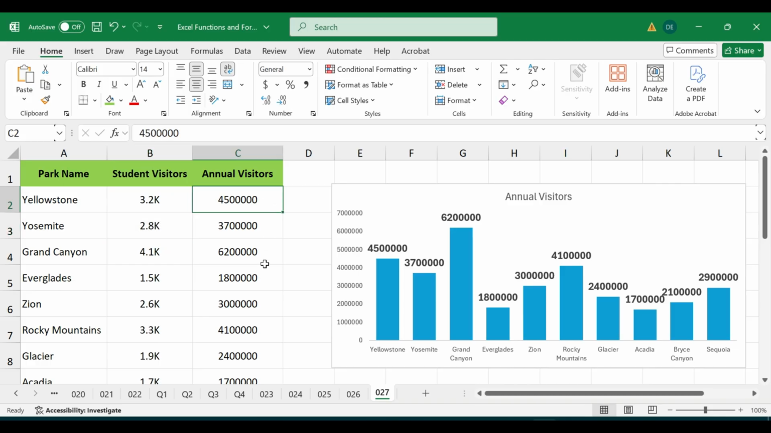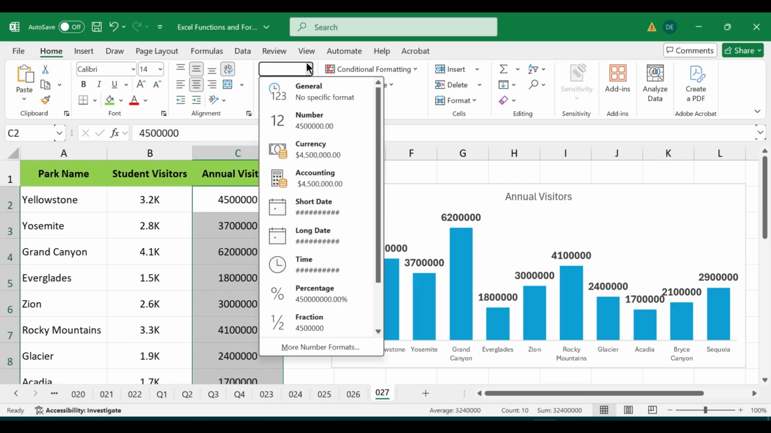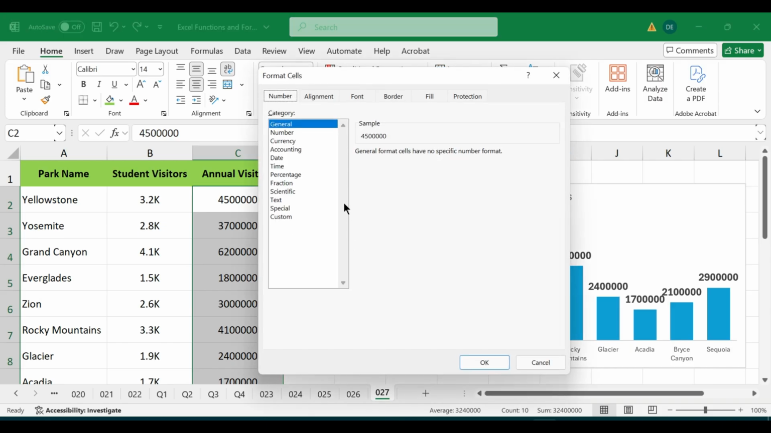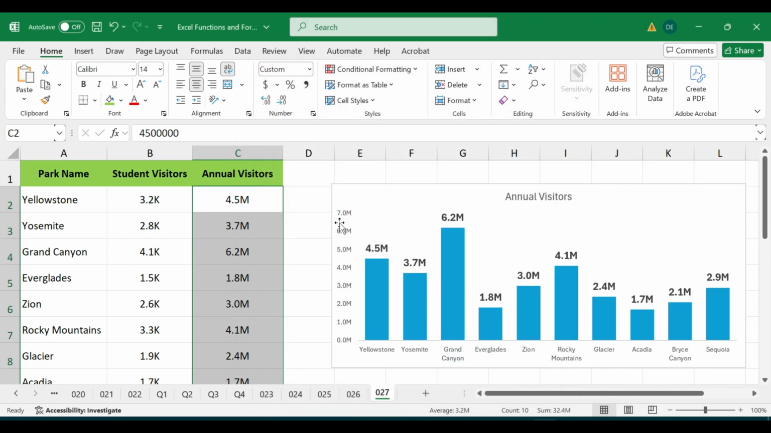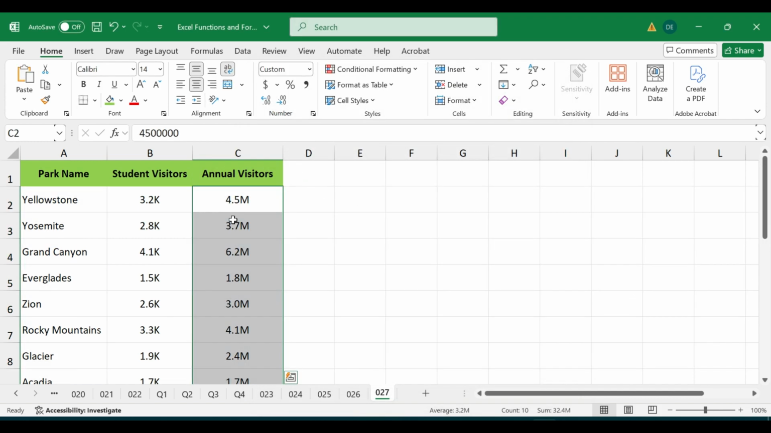Next, we'll clean up the annual visitors format cells. Custom 0.0, M. So 4,500,000 becomes 4.5M. This is even more useful if we graph the data and try to show the data